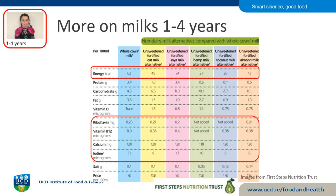So energy is the first thing. Cow's milk contains more energy per volume, and I'll show you a picture that looks at that in a bit more detail. The other is around some of the vitamins and minerals or micronutrients. All of the milks that I'm comparing it to are fortified versions, so that's good in that they're fortified with a lot of the nutrients that we'd be hoping they'd be fortified with. Calcium being the example, they're all fortified with pretty much the same amount of calcium, which is